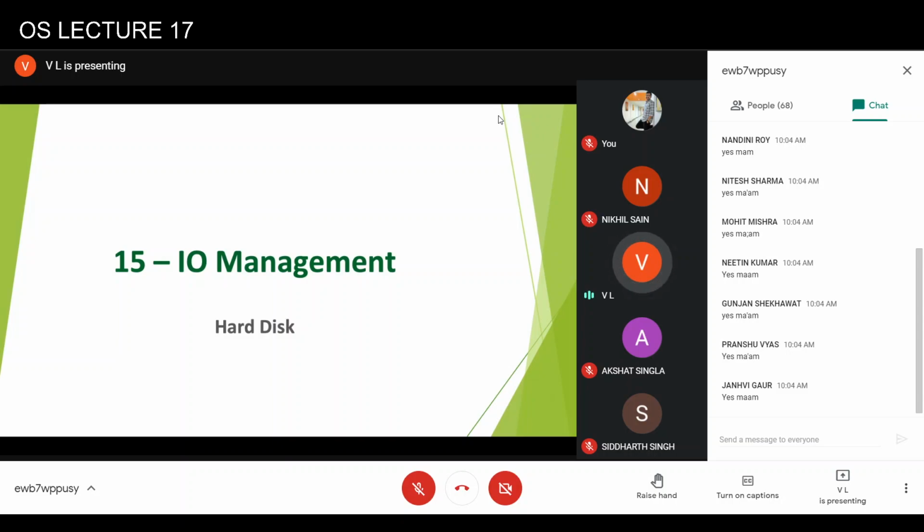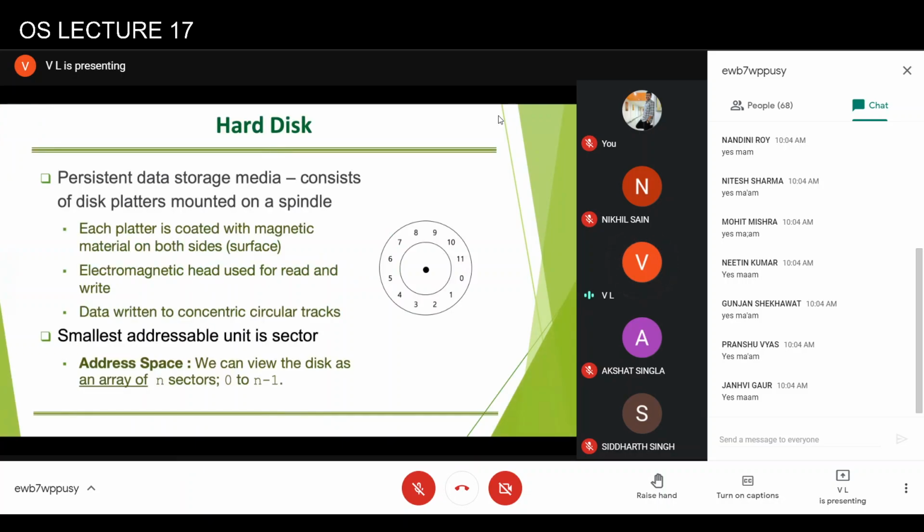Now we will be talking about another device which is very important, a device which is used for persistent storage, and that is the hard disk. So this is actually still the media with the highest storage capacity, and is persistent. So even if you switch off the light, even if the electricity is not there, the data on the hard disk will remain. And a hard disk, as you know, is actually a set of